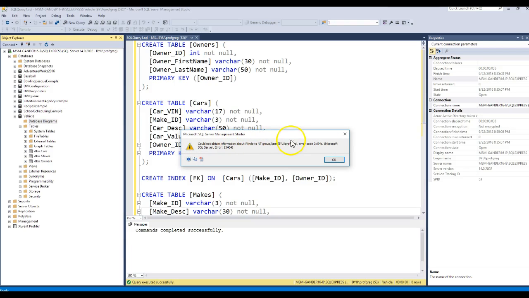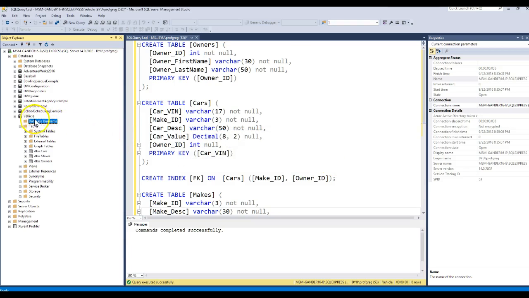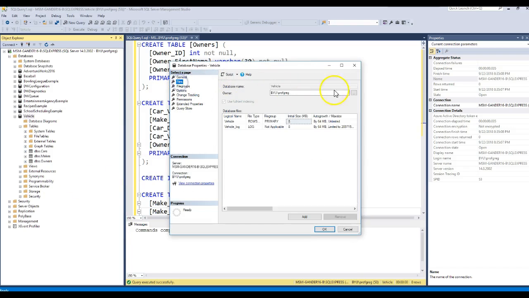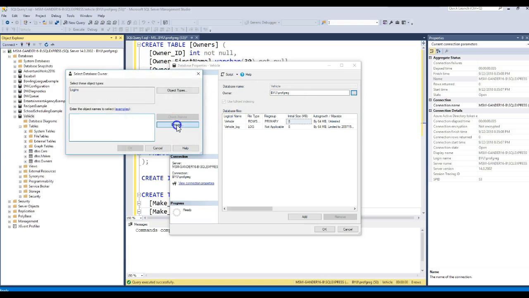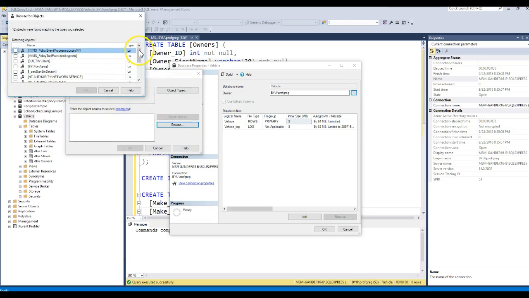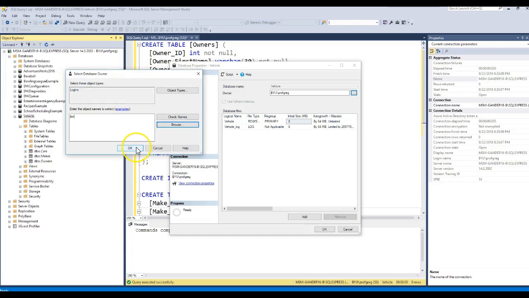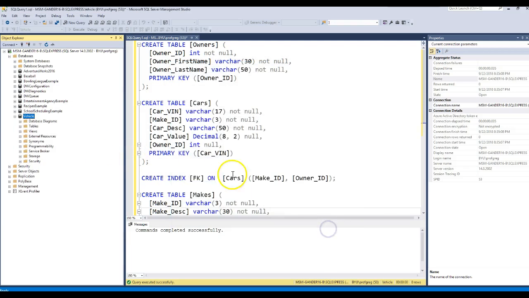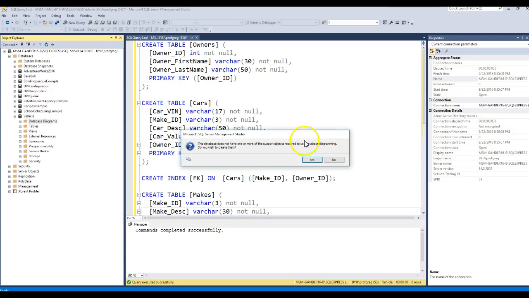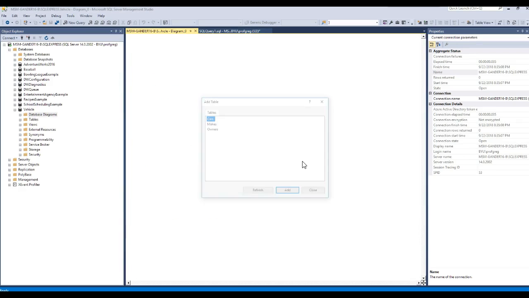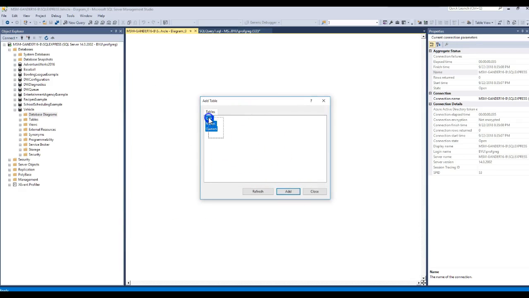Now this could be saying that I don't have administrator rights. So I could come back to the database one more time, right mouse click on the database, choose Properties, go back to Files, click on the user, Browse, and you need to find one that looks like you could have administration rights, which SA stands for System Administrator. Click OK, OK, OK, and now come back to Database Diagrams and choose New Database Diagram. Do you want to install? Yes. And now you can start working with the ERDs